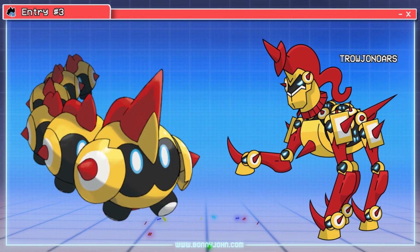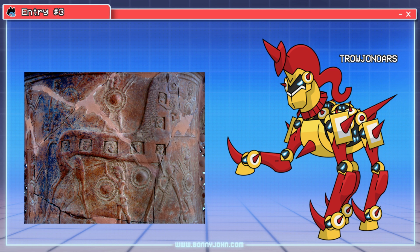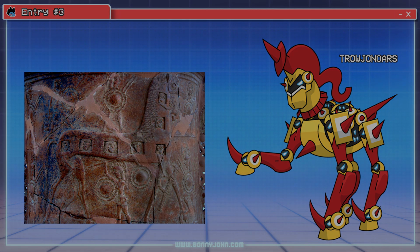Meet Trojan Horse, similar to how Phalanx is a corruption of the Phalanx formation. A Trojan Horse Pokemon is such a fun concept, and with these creatures hiding under armor and shields, it makes sense to put them in another war strategy outside of their first form's namesake. I don't think I need to explain the story of the Trojan Horse. The art does a great job illustrating what this evolution entails. That said, I felt that there was some tidying up I could do here. So, to all my soldiers watching, let me get your attention as I reveal to you my take on